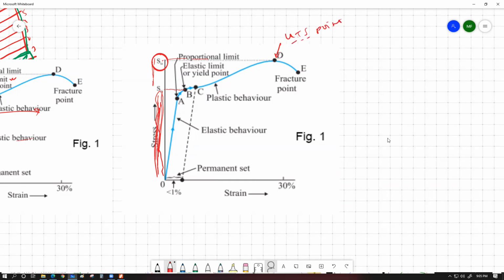Ultimate tensile stress or ultimate tensile strain point, however it's said. This is the point which is the maximum y-axis point or highest point on the stress strain graph of an object. It means the object can withstand up to this much amount of stress maximum. Beyond this point, the object is gonna